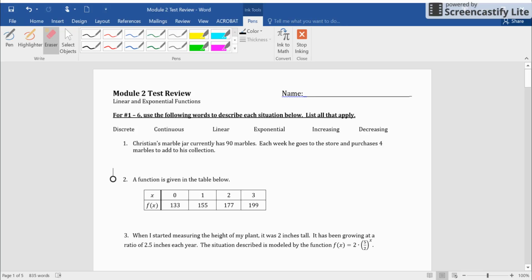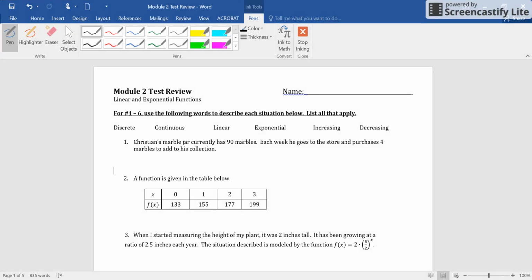All right, so Christian's marble jar currently has 90 marbles. Each week he goes to the store and purchases 4 marbles to add to his collection. So I need to figure out which words describe the situation. All right, so I'm going to say that it's definitely linear because it increases by